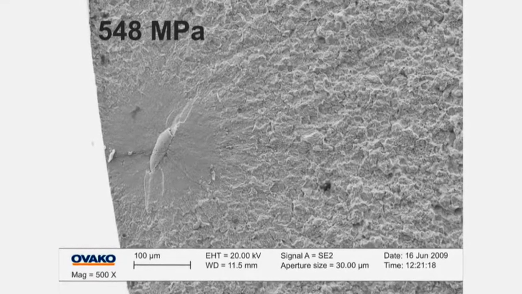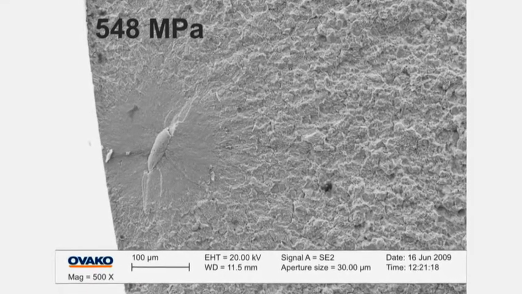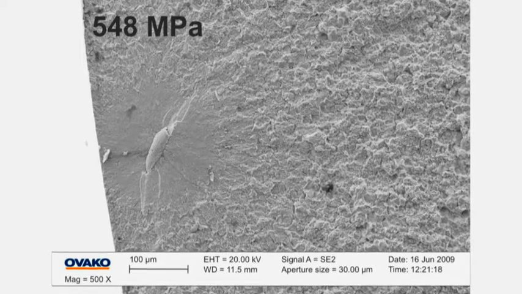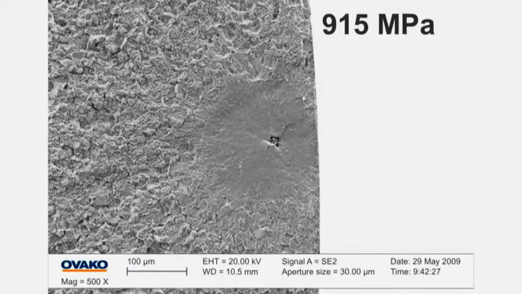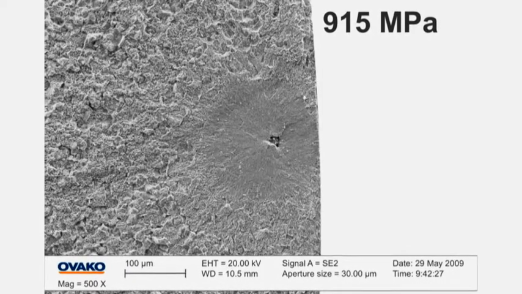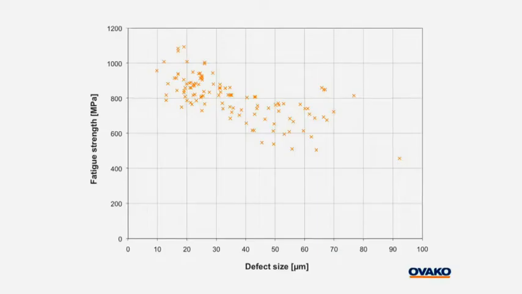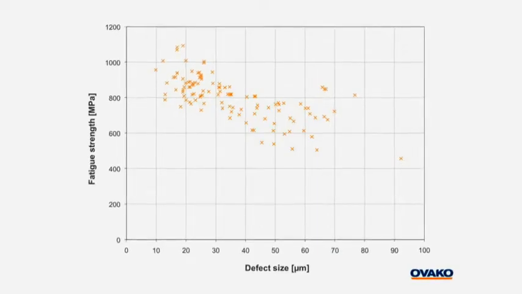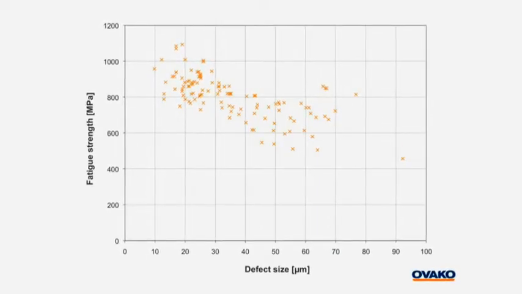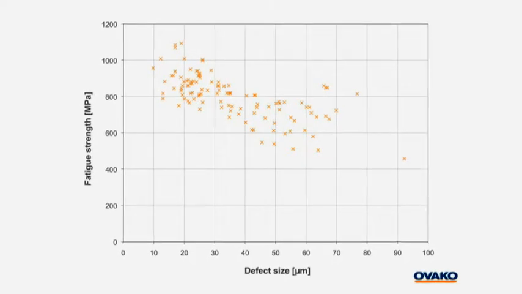Analyzing the data, it is clear that a larger defect, like the one in this picture, will require a lower stress to initiate a fatigue failure compared to a smaller defect like the one you see in this picture. The data can be plotted in a graph. It is obvious that where larger defects are present, a lower stress is required to initiate